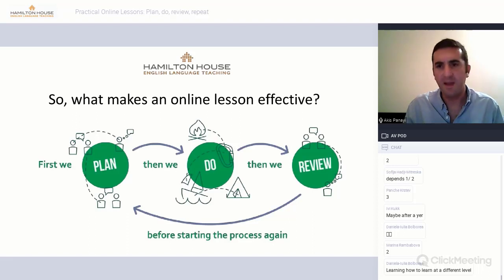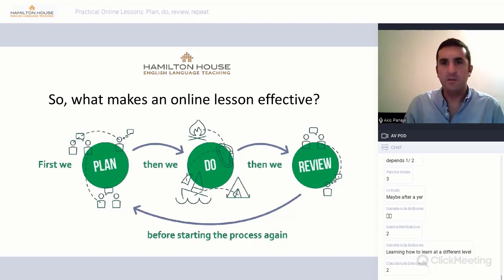So first we plan. Look at the three steps that we have here. We have a comment from a colleague, learning how to learn at a different level. Yes, thank you very much. So first we plan the lesson, then we do the lesson, and then we review it before we start the